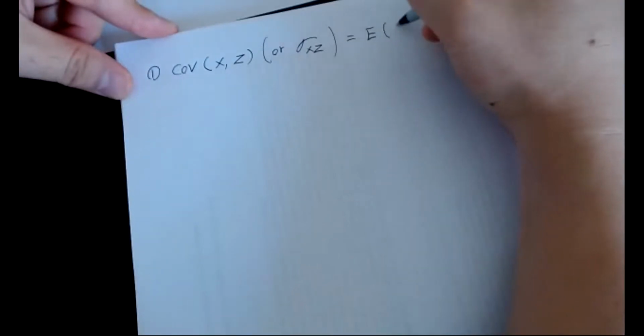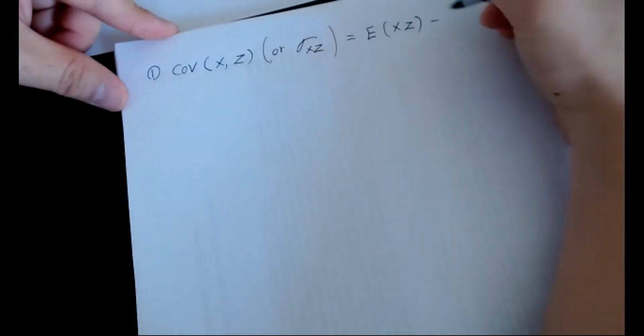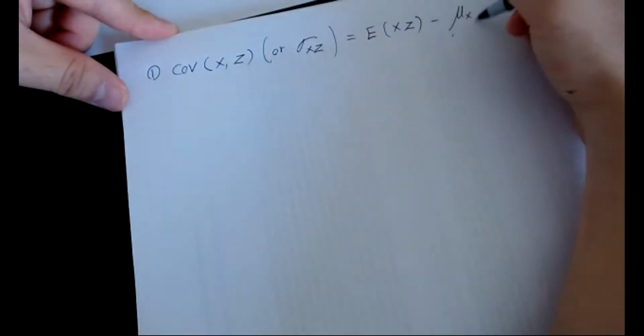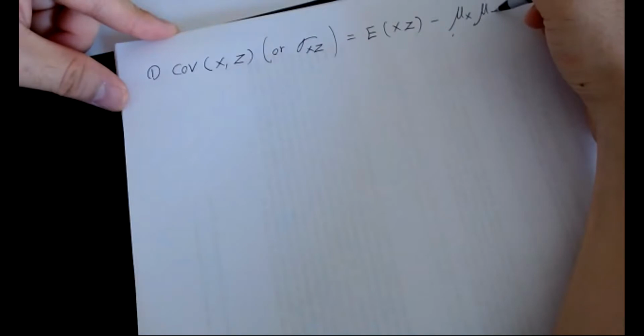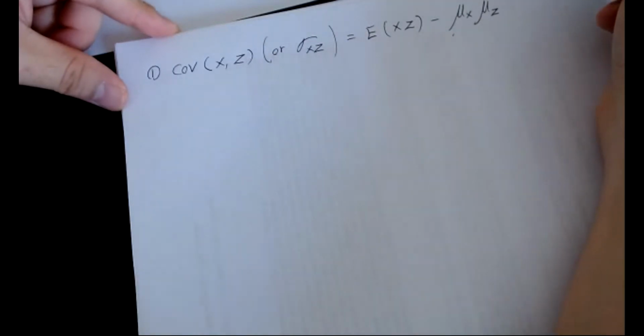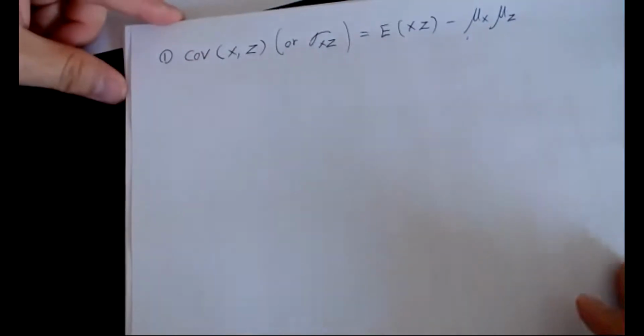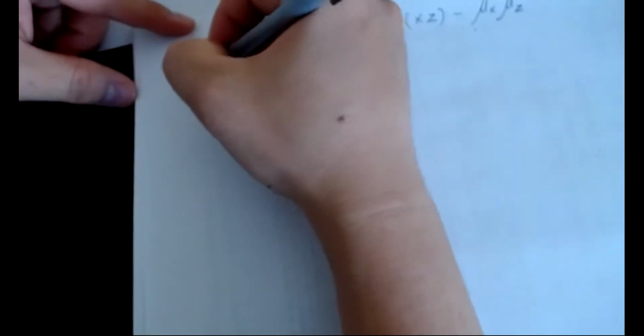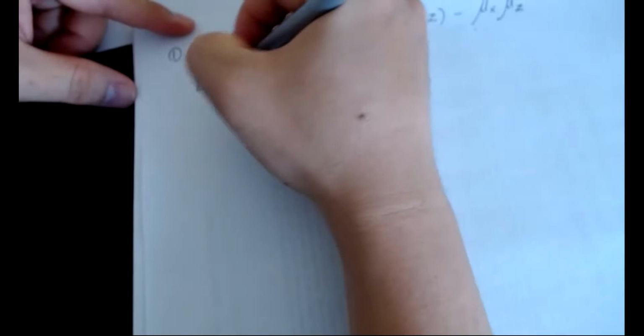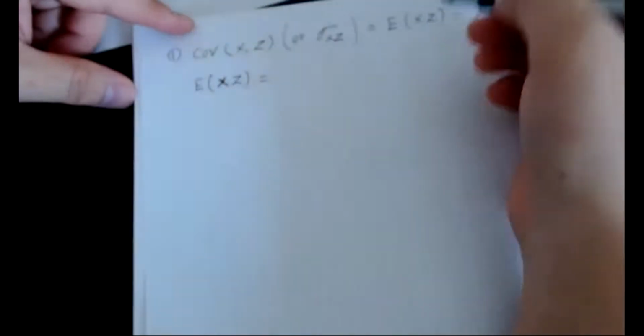We're going to apply the formula of the covariance: the expected value of XZ minus mu X mu Z. What is E of XZ? Since we deal with continuous random variables, that's going to be